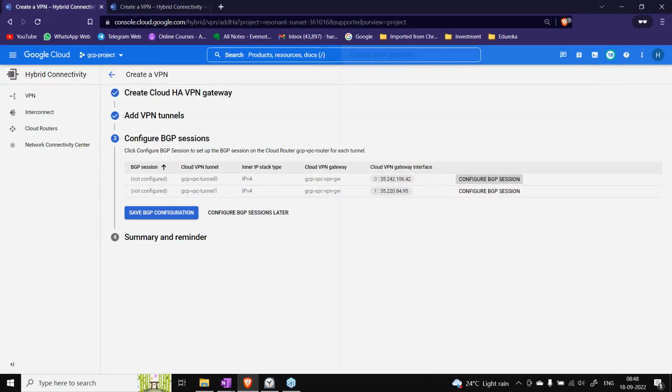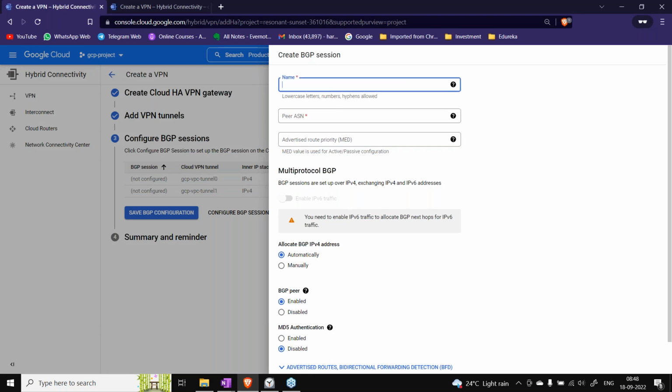So this is, let's say, A to B. Accordingly, what should be the name? We should be using BGP to on-prem, right? This is GCP. So this is the BGP session that we are creating for on-prem, and this is happening for tunnel 0. So let's give it some name like this.